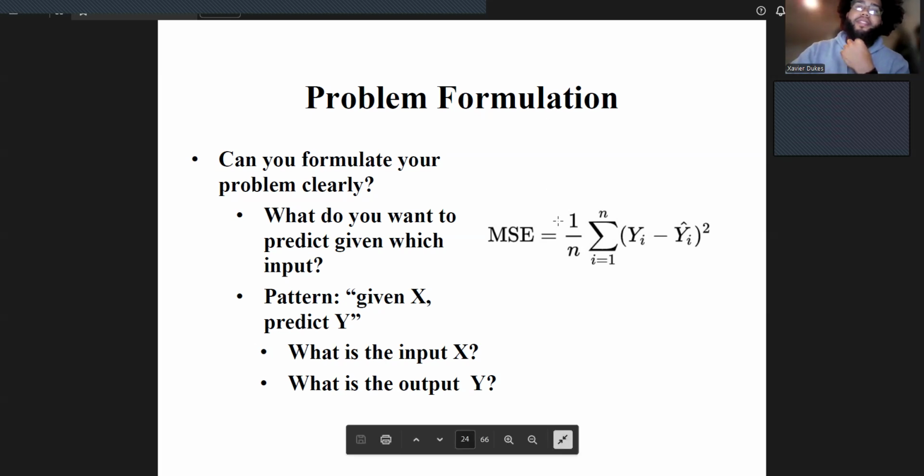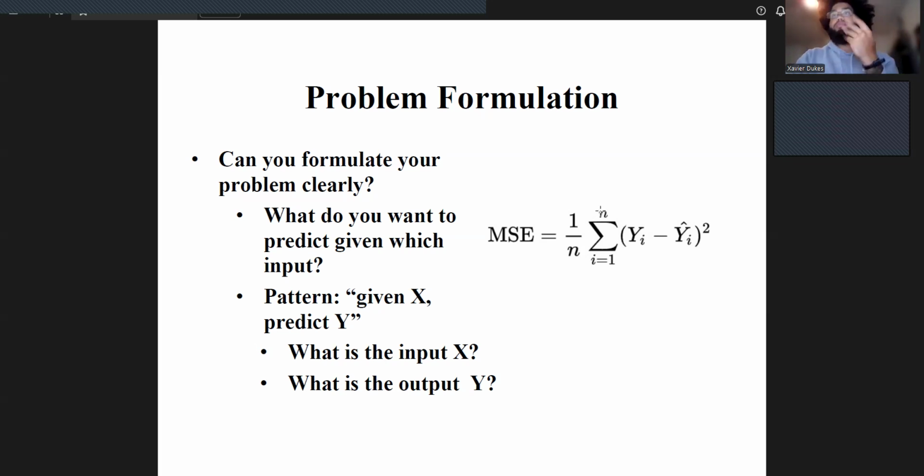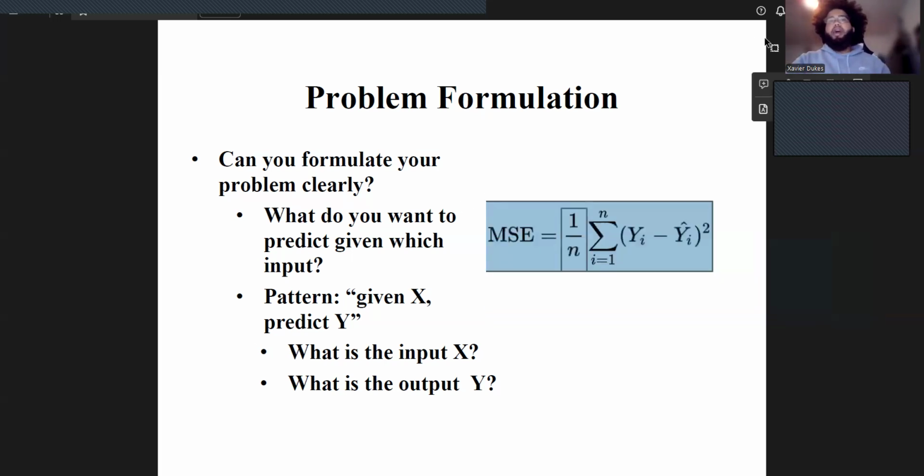1 over n, divide by n. So you have the sum of the error, which was 5, and then you divide by n. There were 2 samples, like we said, n equals 2. So divide by the number of samples. 5 over 2, 2.5. The mean squared error of the output was 2.5. We just calculated this mean squared error. That was a bit complex. It's really easy to get intimidated by math, but sometimes just take a step back, understand its parts, and it makes total sense.